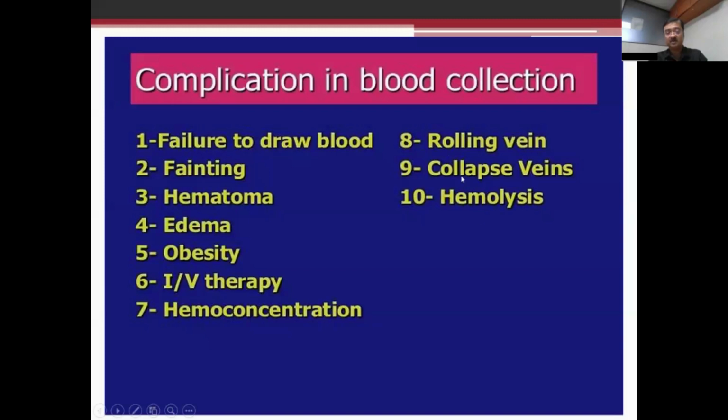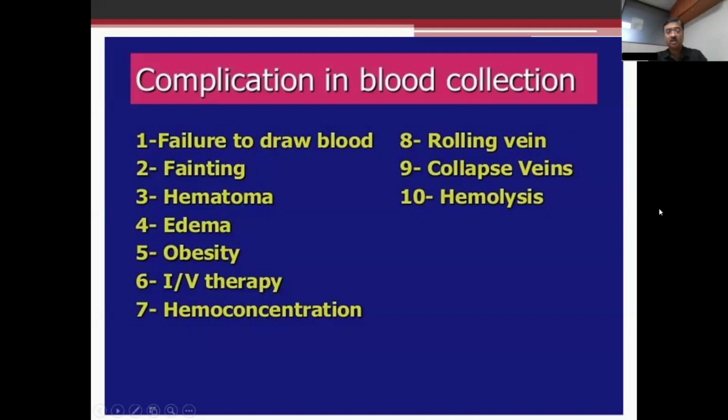You may have different veins. In old age, you can get this kind of veins, where you actually double puncture and cause a hematoma. And lastly, if you take it in a hasty condition, and after taking, you push the blood into a vacuum tube, that may lead to hemolysis, because if you allow the blood to run through the jet of a needle, it breaks down during the process and leads to hemolysis.